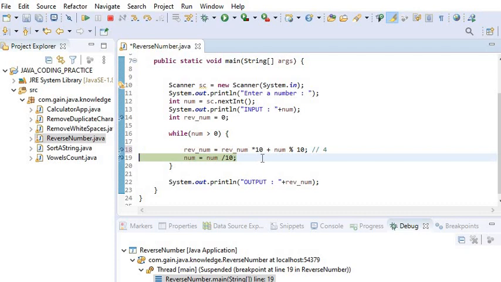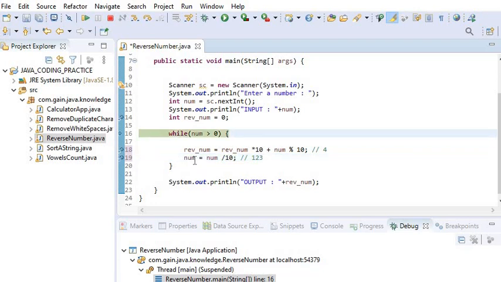The next step is to divide the number by 10. While performing the first iteration the number will be changed and it will be 1234. Here you can see the number's value is 1234, and in the next iteration 1234 is greater than 0, so it will again enter.